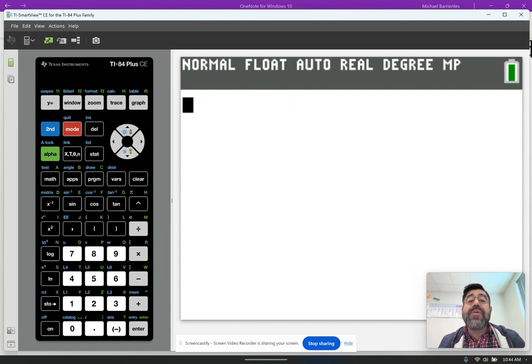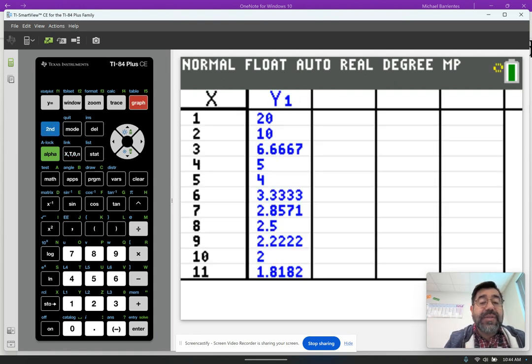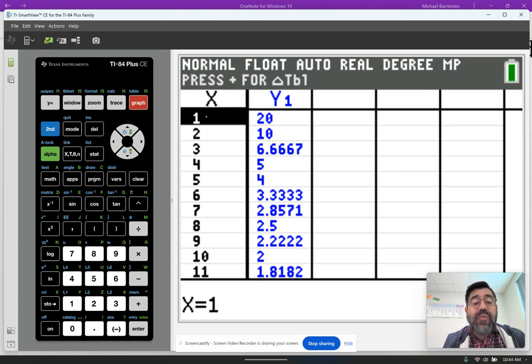If you ever want to know what two numbers multiply to give a specific value, you can go to y equals and type in the value that you want. So I want to know what times what gives me 20, and divide by x. 20 divided by x. And now when you go to the table, it's going to list in the x and the y columns the two numbers. So when I go to the table, which is second graph, I'm going to see 1 times 20 is 20, 2 times 10 is 20,